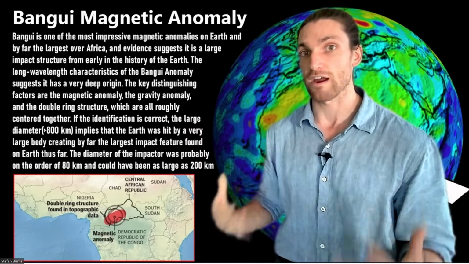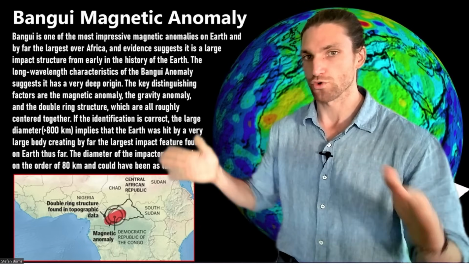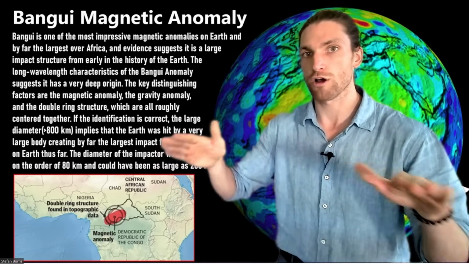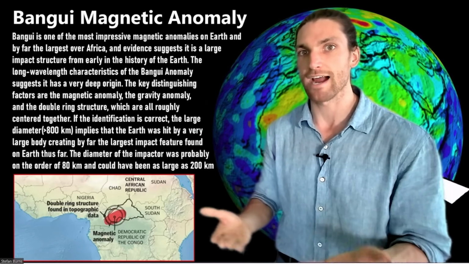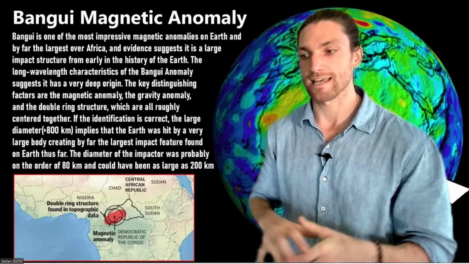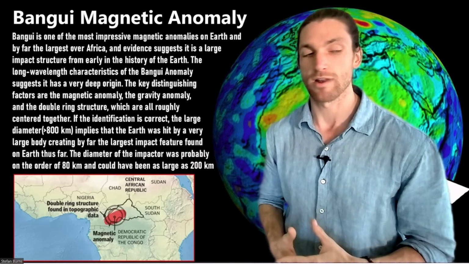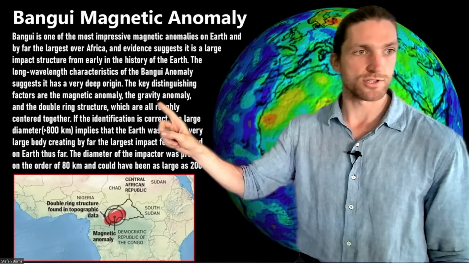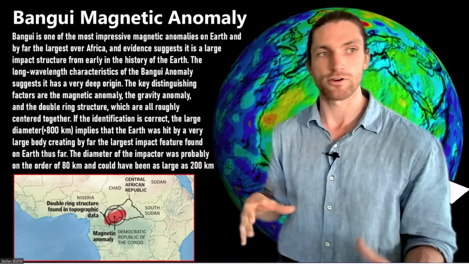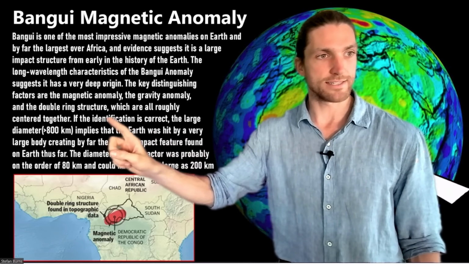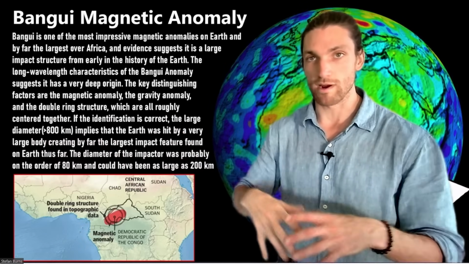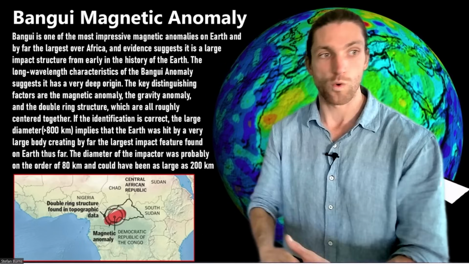And that's also very powerful because shorter wavelengths typically are higher in amplitude. And so for a long period wave to be even higher amplitude than any short wave anomalies suggests that it is a very large, very deep anomaly. There's also this gravity anomaly that was discussed, this double ring structure. They're all centered together. And if this identification is correct, in this diameter, which is greater than 800 kilometers wide,